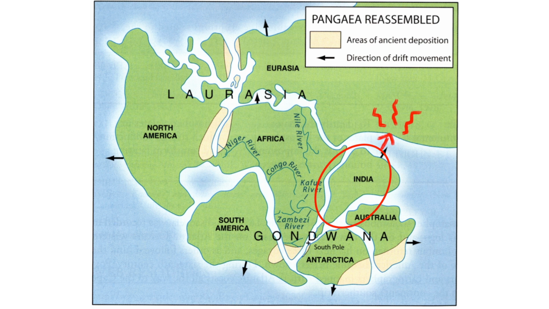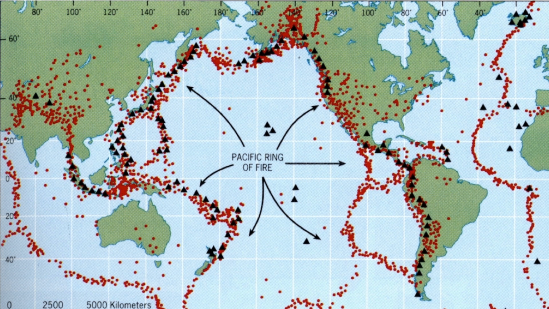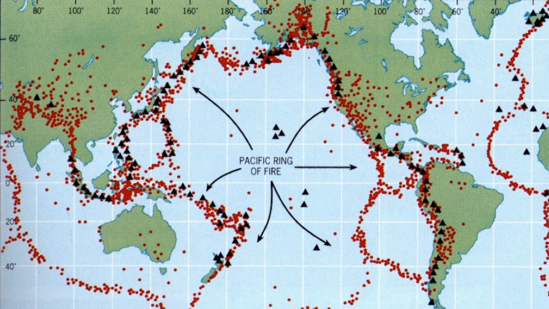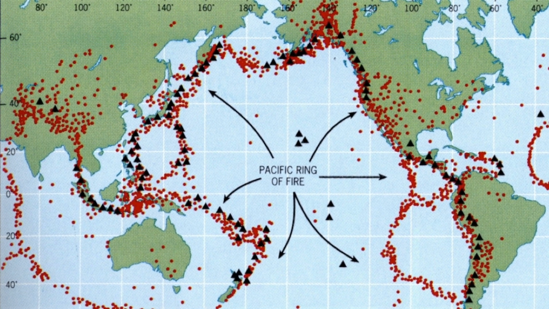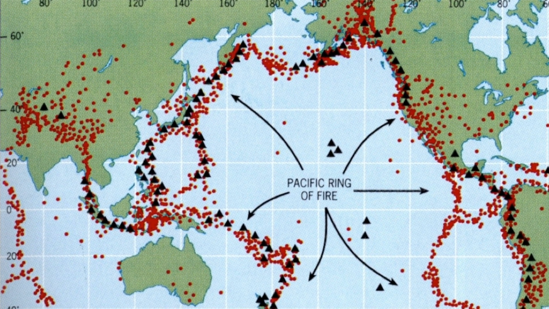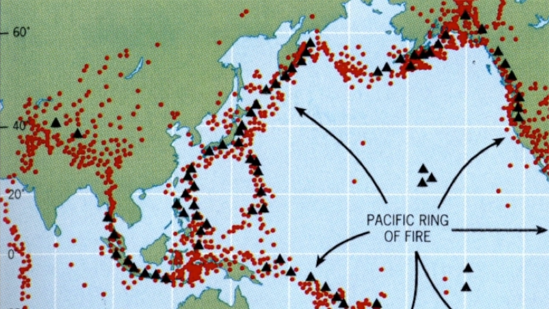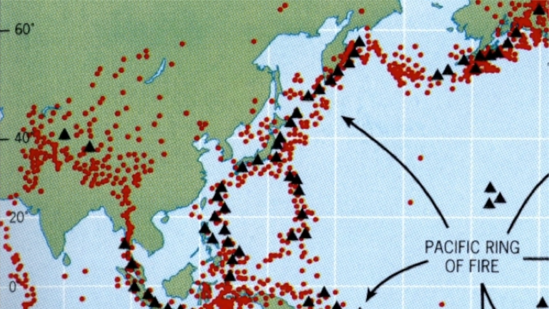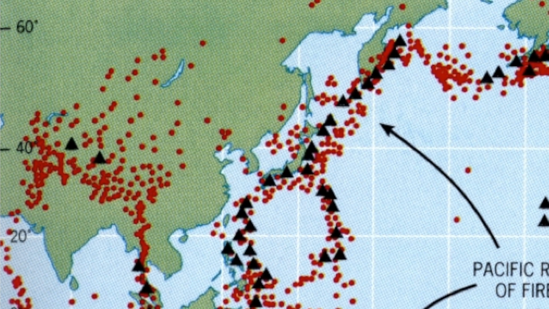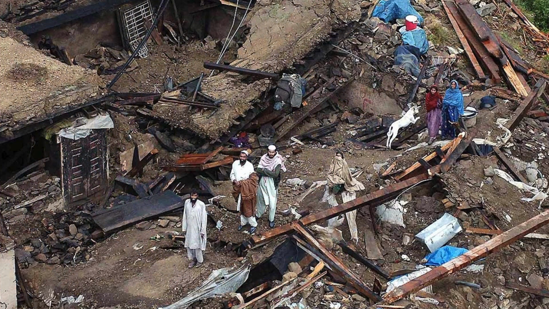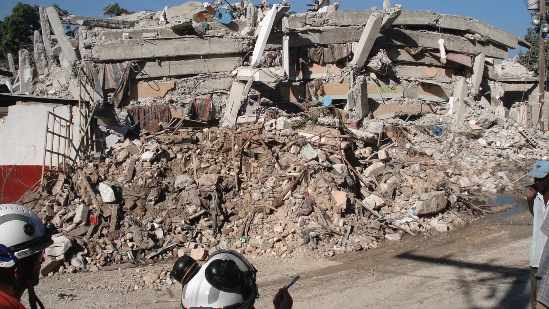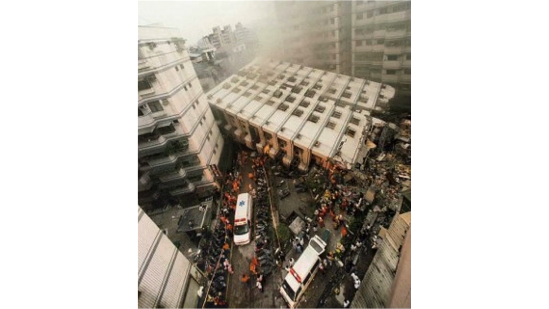When that occurred, as this map of earthquakes and volcanoes shows, there were a series of earthquakes that continue today as the Indian subcontinent continues to move north into Eurasia and to create these tremendous jolts or earthquakes on the continent of Asia. For example, in 2005, Pakistan, particularly the northern part of Pakistan, or what is now Kashmir, experienced one of the most destructive earthquakes in Pakistan's history, the Great Pakistani Earthquake of 2005.